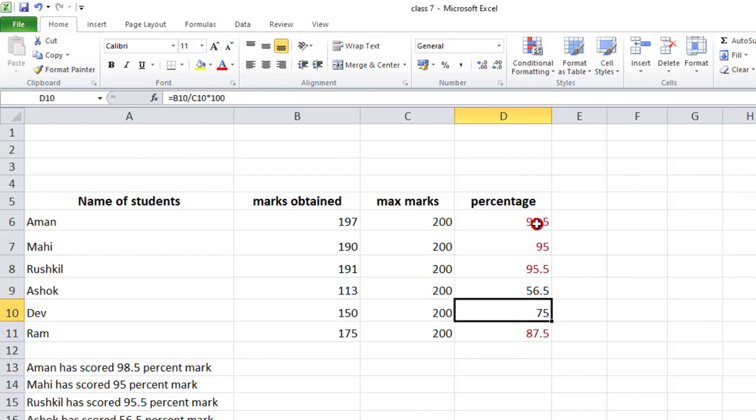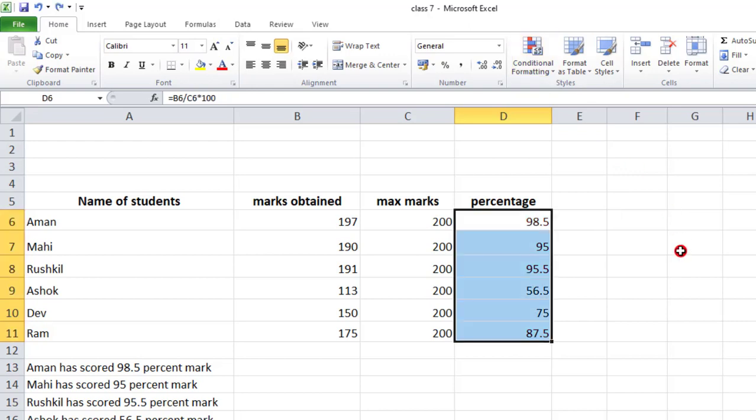Because we have applied the formatting that those who have scored 80+%, their text should change to red. But these two have less than 80%, that's why there is no change in their cells' data. Okay, that is the use of this. Again I am using Ctrl Z to bring it to its original position.